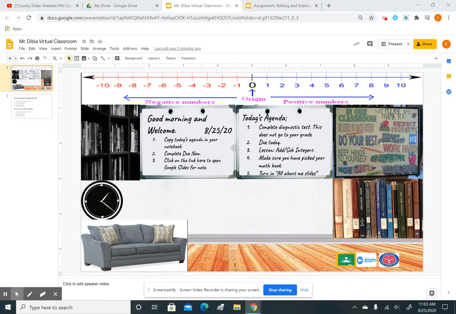Now they are not there, but you still have to write the agenda. You still have to write the do now. You still have to teach them, and you still have to tell them the classroom rules. You still have to do quite many other things you would have done in the classroom. So that's why we need to create a virtual classroom so that these students can feel as though they are